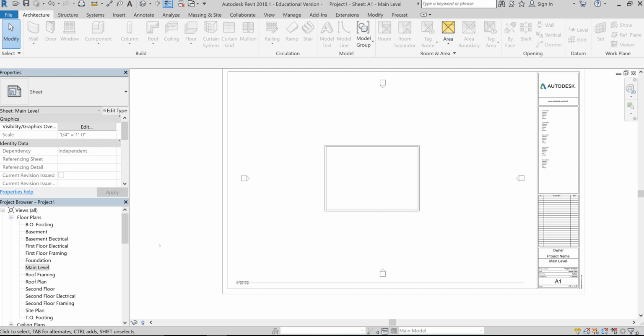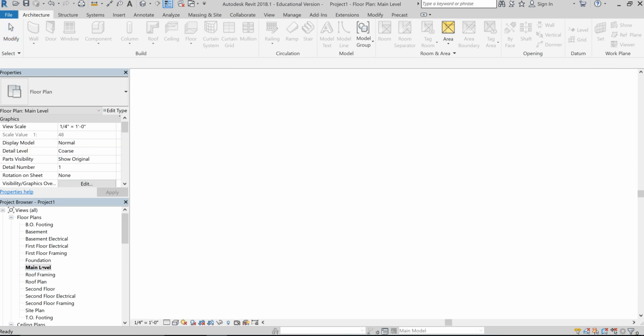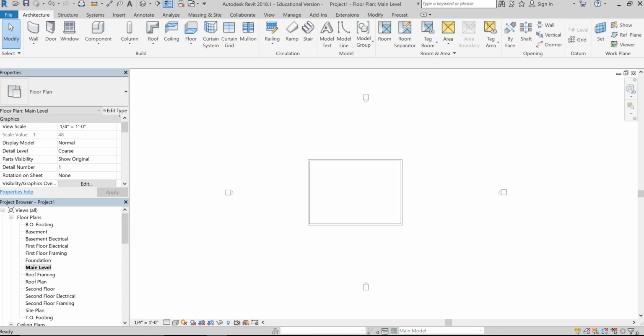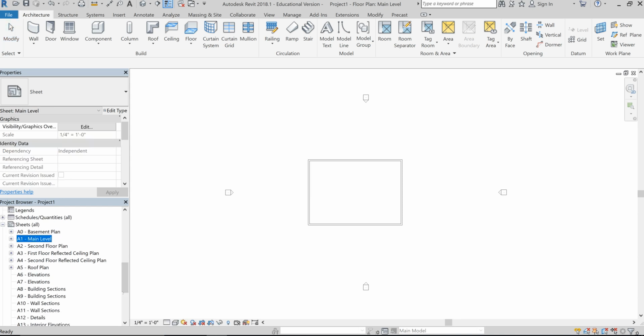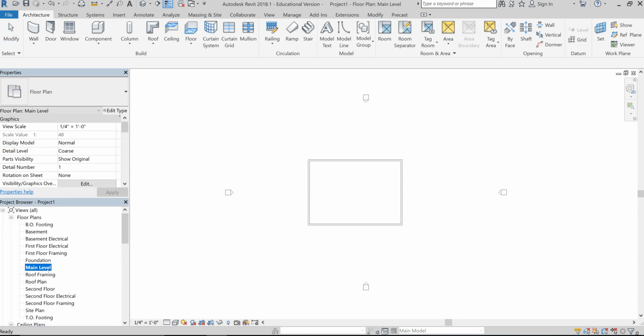All right, welcome back. So for this next part, I'm going to go back to the main level. I double clicked on it in our views. We were just down here on our main level sheet, but now I'm back up here on the actual main level. So for this next part, what I'd like to do is clean up that viewport a little bit, because